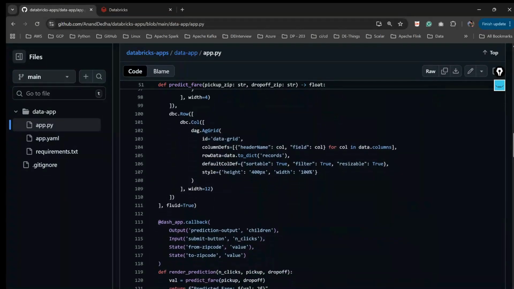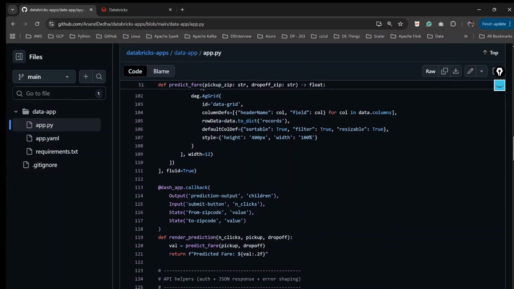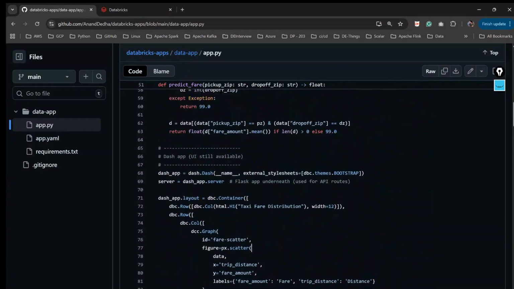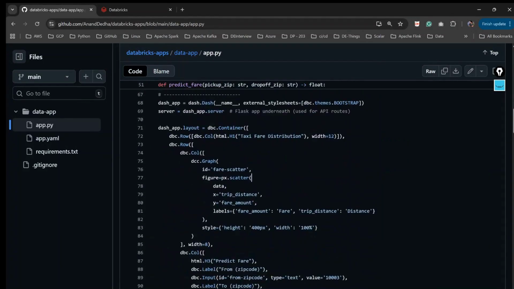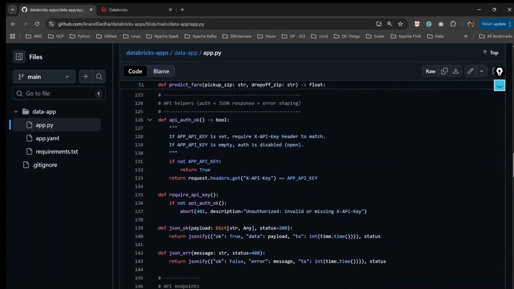And after that, yeah. So till here, this callback is basically when you click on the product, I will show you that it reads two inputs and calls this function. The predict fare, the model which we talked about, this one. It's basically a function here. And after that, we are just setting up our API key and all those kind of things